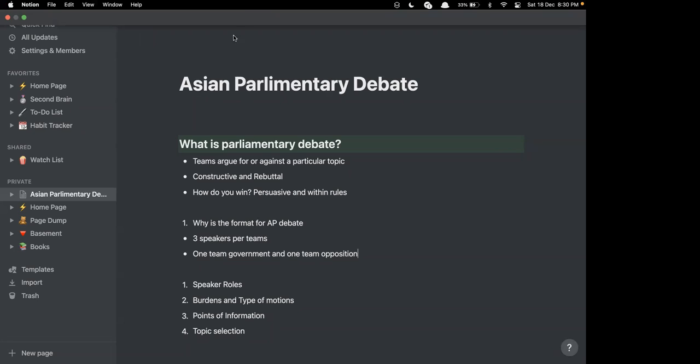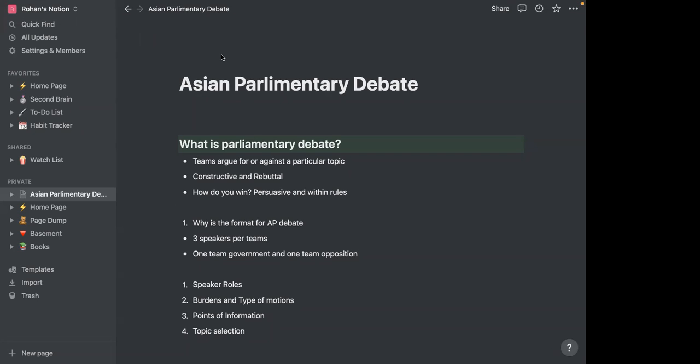No, this is not like the Oxbridge form of debating. Oxbridge form is very, very different, and it's usually like one person giving a speech. Okay, wait, let's refresh that. Oxbridge form is very different, especially in terms of judging, because there's no constructive way of actually judging in Oxbridge formats. It's just how much the audience likes you, which is an interesting form of debate, but it's not really the most structured way of debate in terms of having proper logic for how you are assessed and proper explanations for how you win and lose a debate.